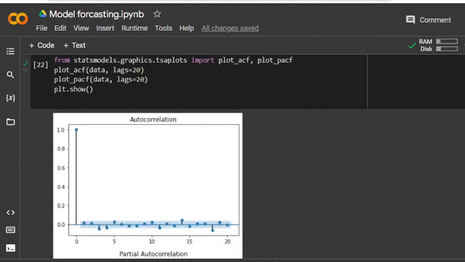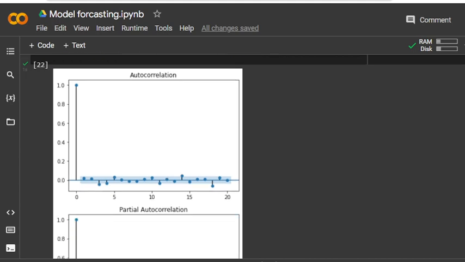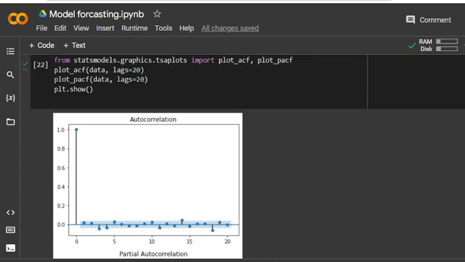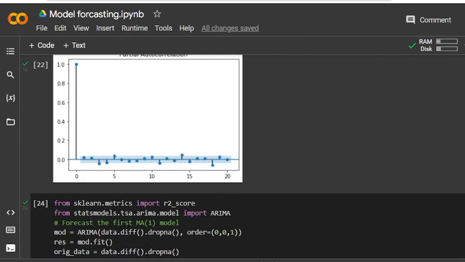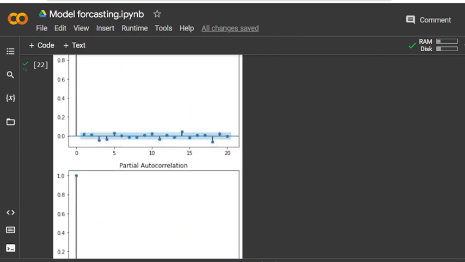Let's see, your data looks like this. This is the ACF and this is the PACF. Above is the autocorrelation and below you can see the partial autocorrelation. In the moving average ACF plot, many values almost look like zeros.